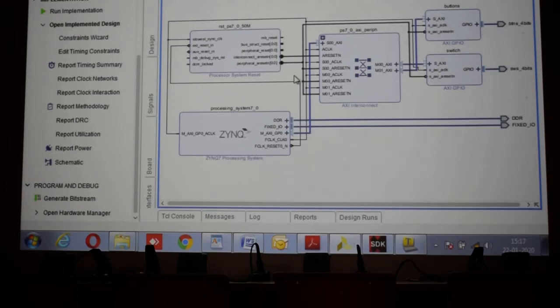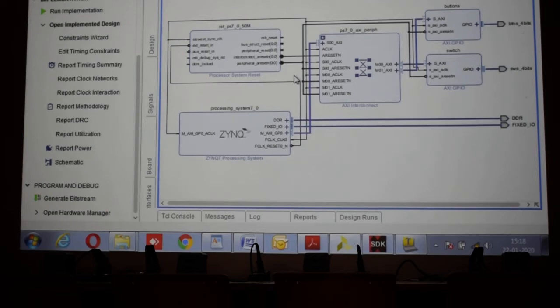This buttons, so you make it a switch. Save it. Right click, validate. But it's okay. So understood, right?